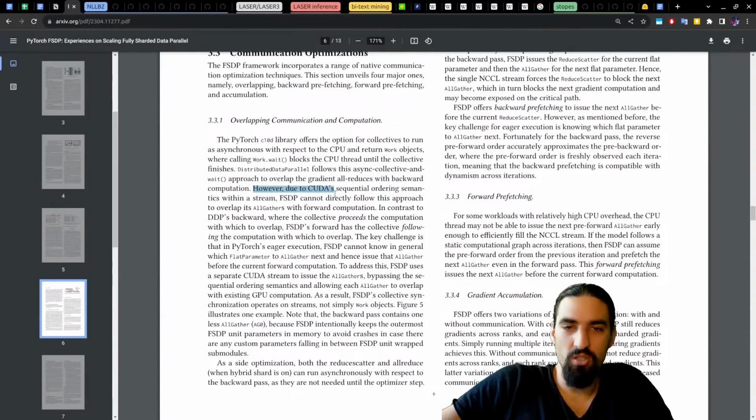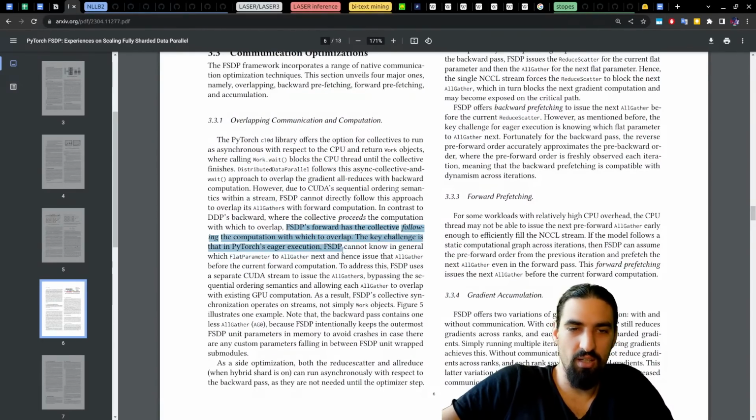However, due to CUDA's sequential ordering semantics within a stream, FSDP cannot directly follow this approach to overlap its all gathers with forward computation. In contrast to DDP's backward, where the collective precedes the computation with which to overlap, FSDP's forward has the collective following the computation with which to overlap.